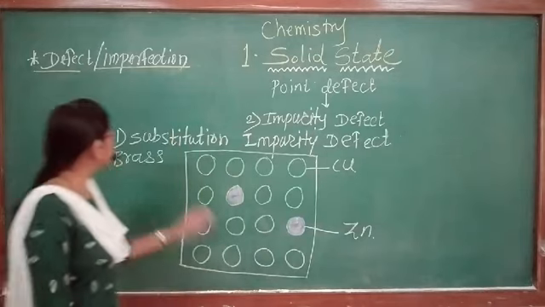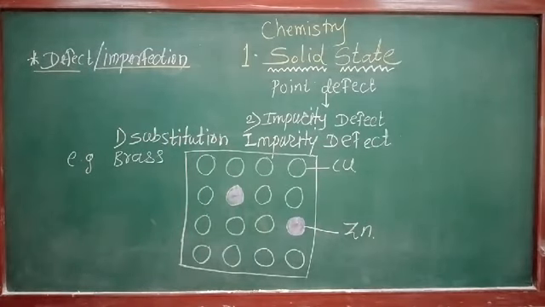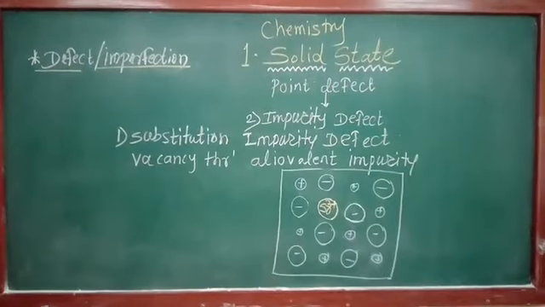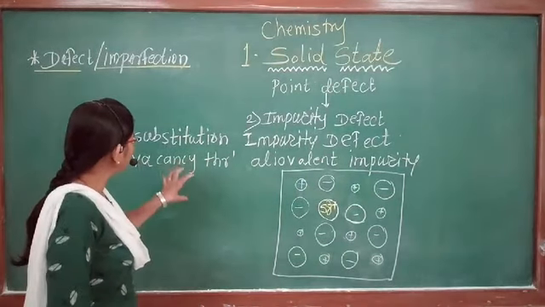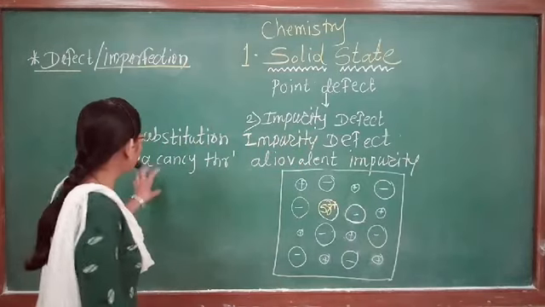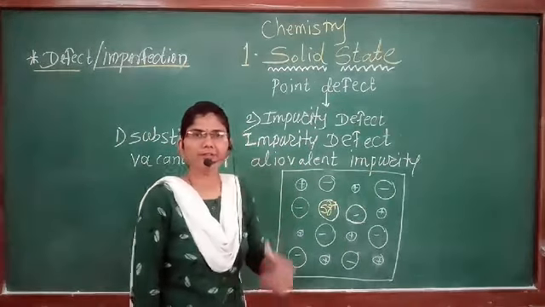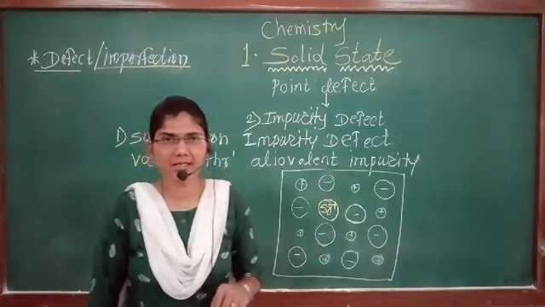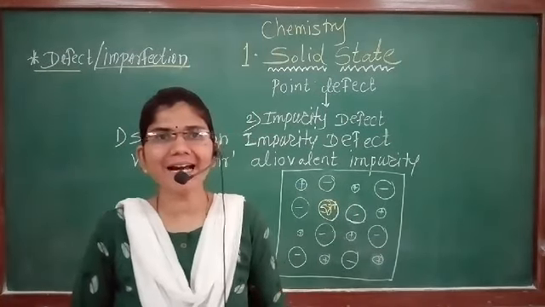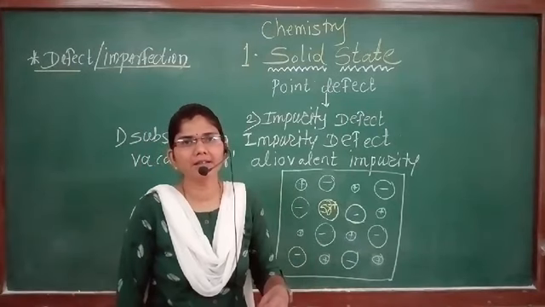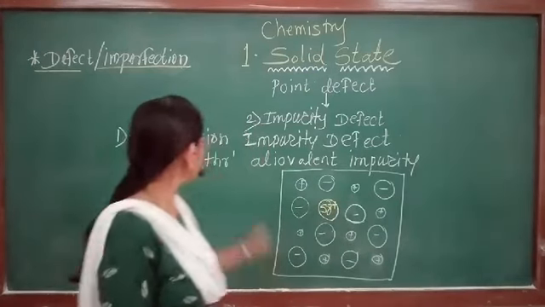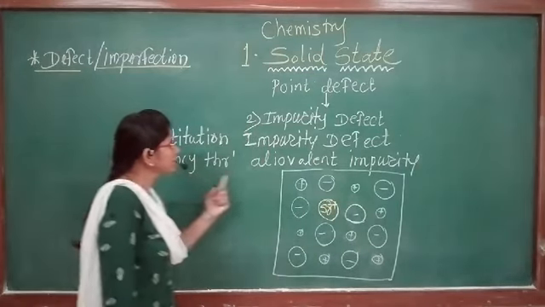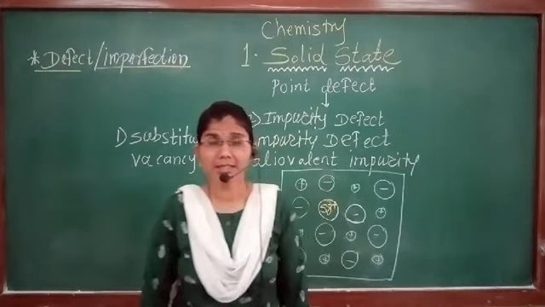Another example of this substitutional impurity defect is the vacancy through allovalent impurity. The second example of the substitutional impurity defect is the vacancy through allovalent impurities. The first one is brass. In brass, an impurity like zinc is added to copper metal, and therefore the defect produced is called a substitutional impurity defect. In the vacancy through allovalent impurity, that means the vacancies are